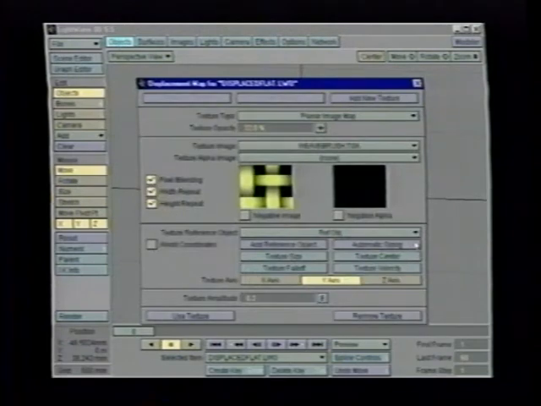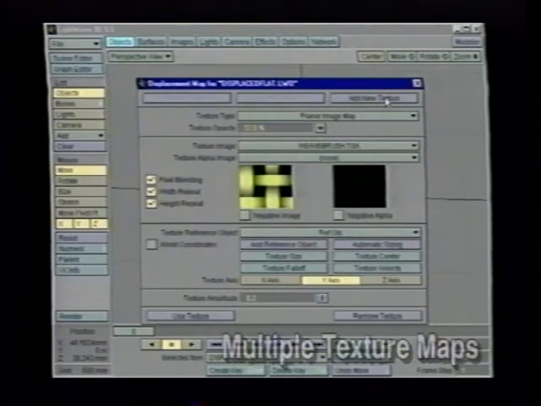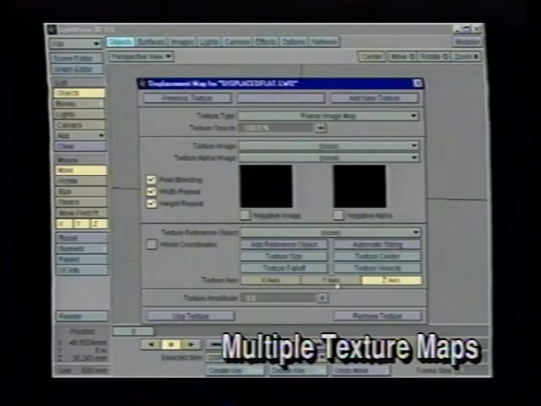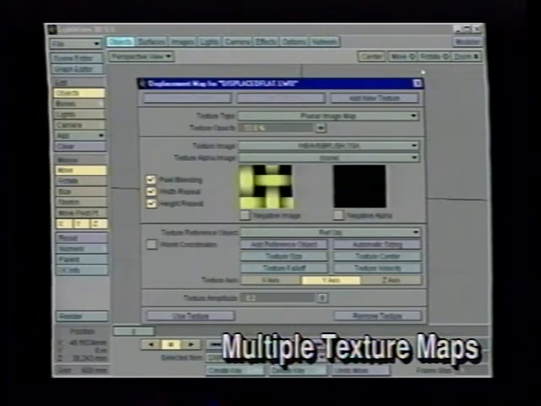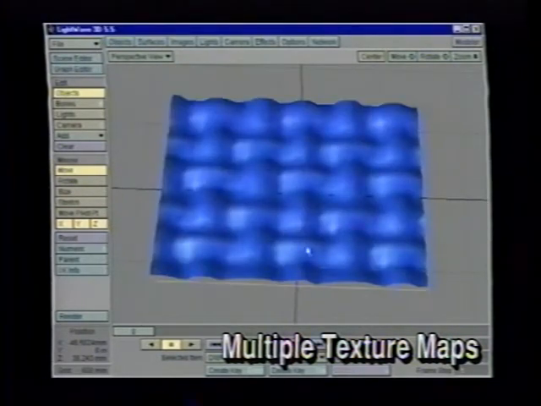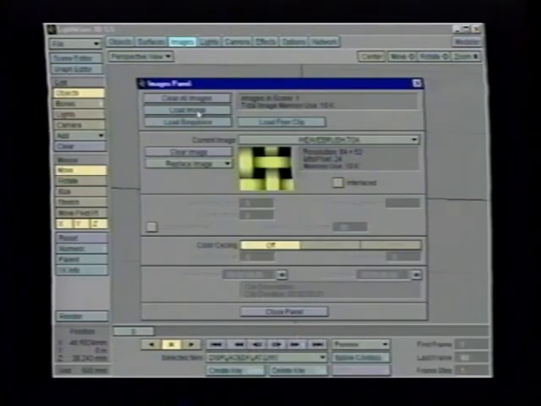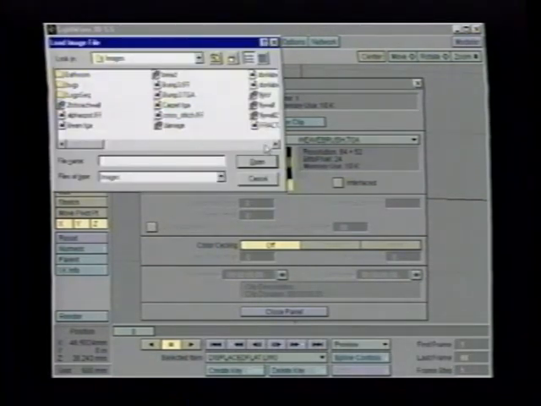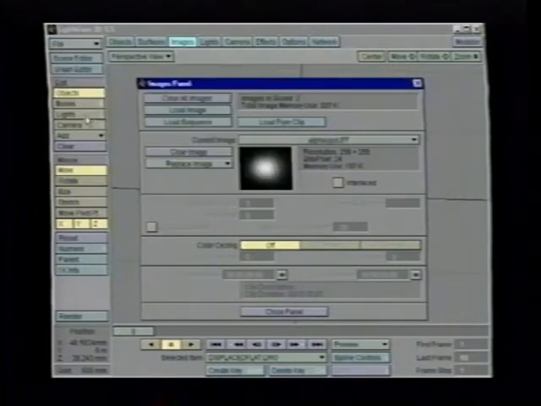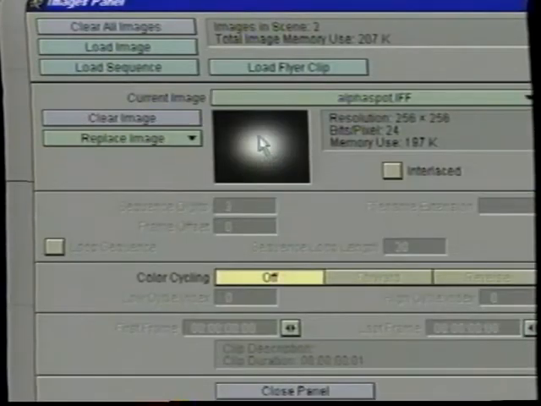Because it's just like a texture, I can also tell it to add a new texture. I start over again. So I'm going to remove that current texture and then close this because I want to add one more image to the new texture. So if I go to my Images panel, I can load another image. This time I have an image that I created, basically an airbrush from Photoshop